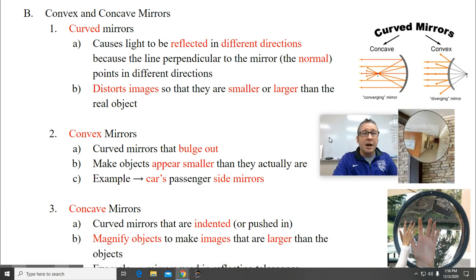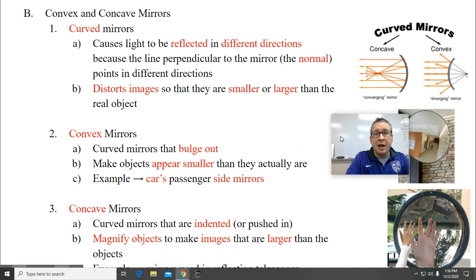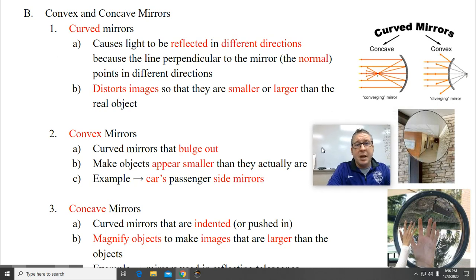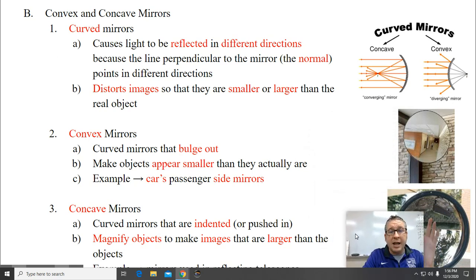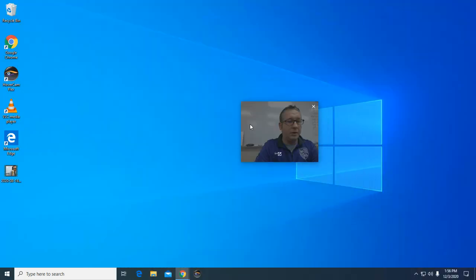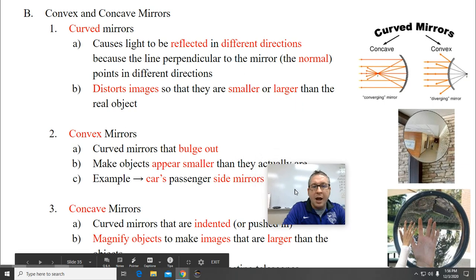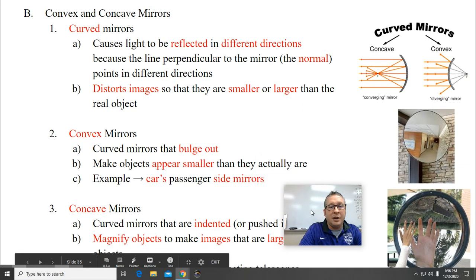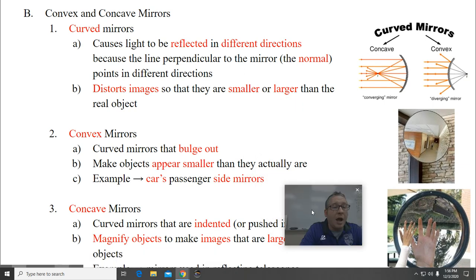That'd be a convex mirror. See how it's bulged out and everything looks a lot smaller. Here we have a concave, which is pushed in almost similar to a bowl. And it makes everything a lot larger. It's actually really cool about concave